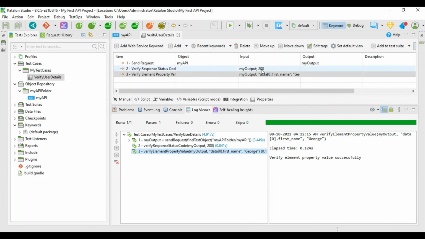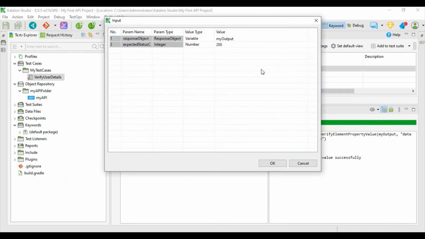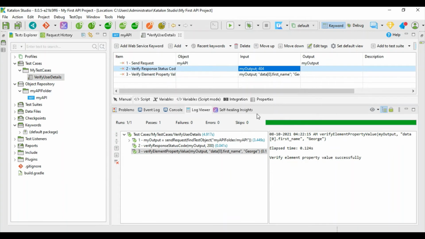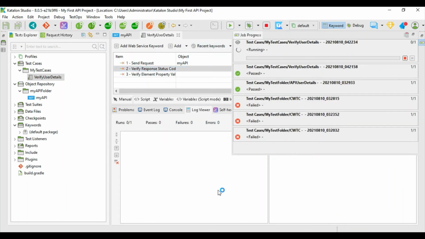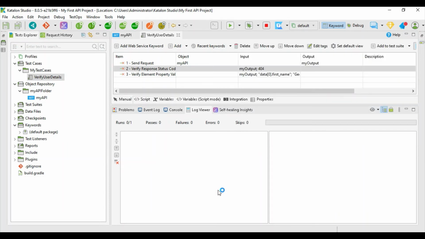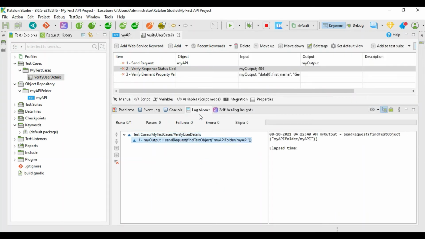Let us try to see if it works. Let us fail it directly. Let us say we want to have 404 not found. Ideally it should fail. Let us see how far it goes. Again, the log viewer is at the bottom. You can see in the log viewer the request is sent.